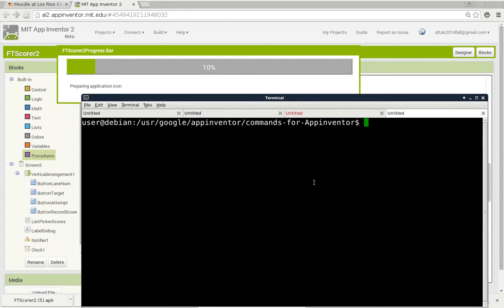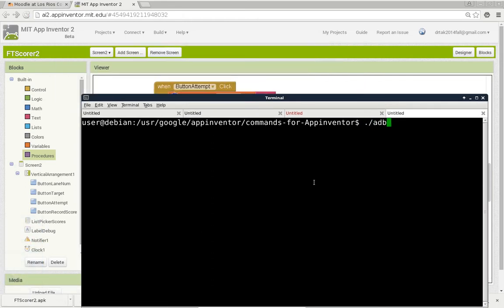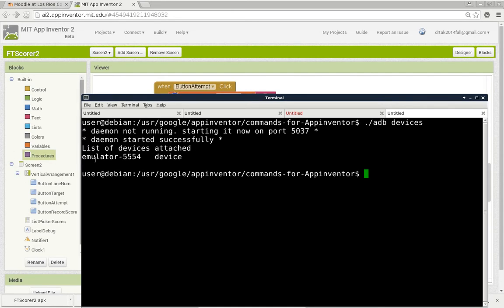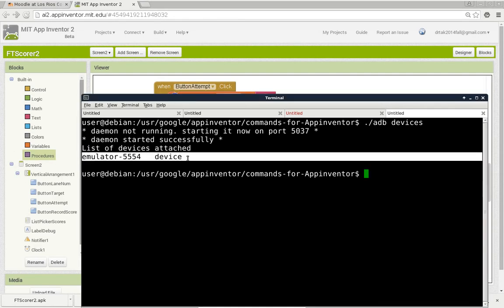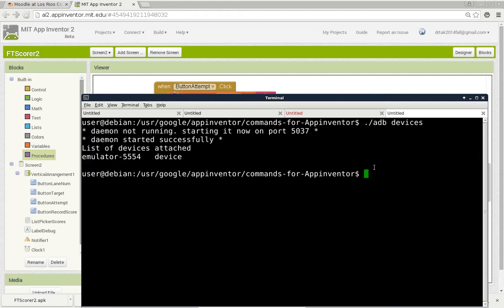So in the text box here, the first thing I do is to run ADB. That one is already downloaded, so I can do that next. But I want to do an ADB devices, just to make sure that it can now talk to the emulator. And we can definitely confirm that the emulator is one of the devices, and it's the only device that is attached. So that means when I run ADB commands, it will be directed to that particular device. So now I can say ADB install -R, which means reinstall if the application is already installed on the device, and locate the path of it. So that will be under my downloads folder,